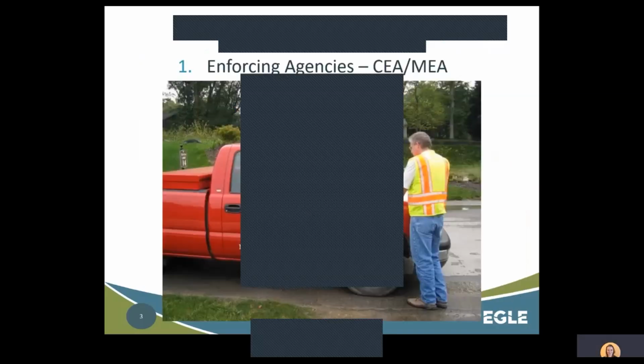There are 3 primary agency types under Part 91. First are enforcing agencies. Counties are mandated by legislation to administer and enforce Part 91. A specific agency is designated by the County Board of Commissioners to administer the program, issue permits, monitor compliance, and enforce Part 91. These are known as County Enforcing Agencies, or CEAs. Cities, villages, and townships have the option to be an enforcing agency too. These are known as Municipal Enforcing Agencies, or MEAs.